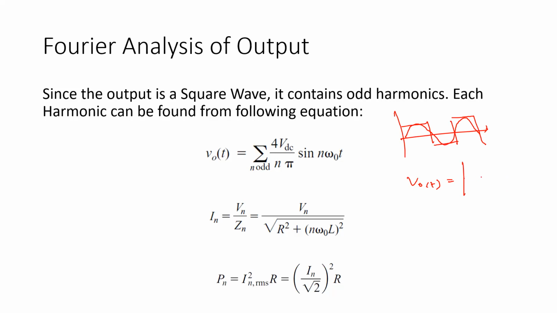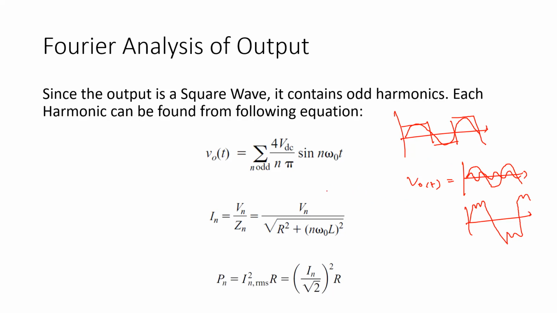So a lot of odd sine waves are added, and the addition will create something like this. That's how the square waveforms are built up. What we are going to do is find the fundamental component of this, and then how much harmonics we have in this waveform. Those things we are going to discuss in this session, not very thoroughly, just for your understanding.